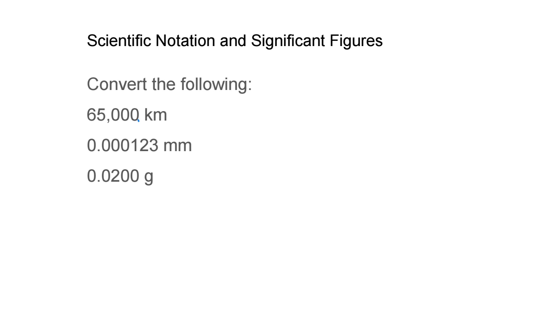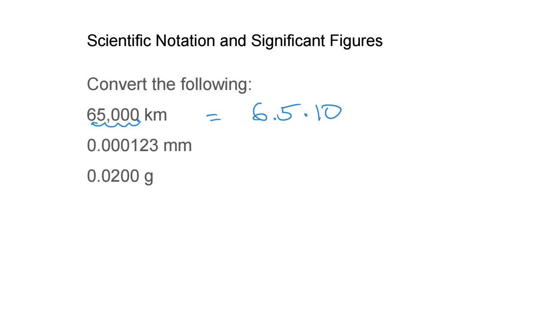The decimal point is currently right here. I'm going to keep moving it back until I get a number that's between 1 and 10. If I stop after 65, that's still too big of a number. I always want to just have a single digit at the front, so I'll move it all the way back between the 6 and the 5. So this is 6.5